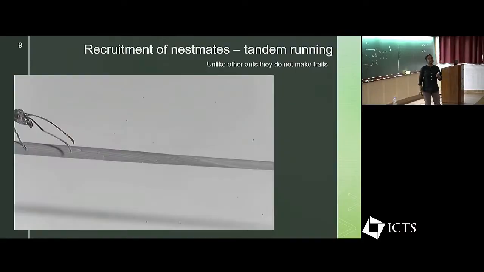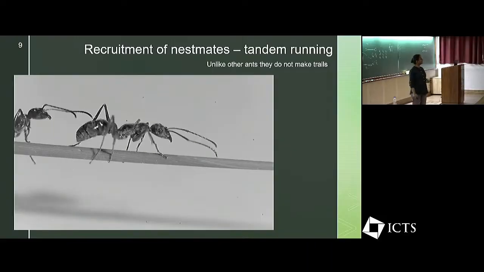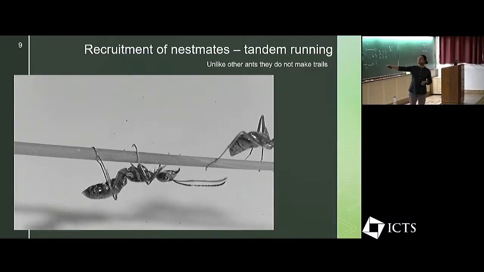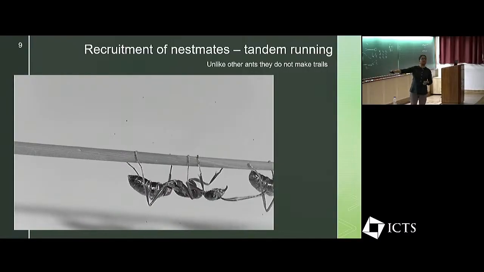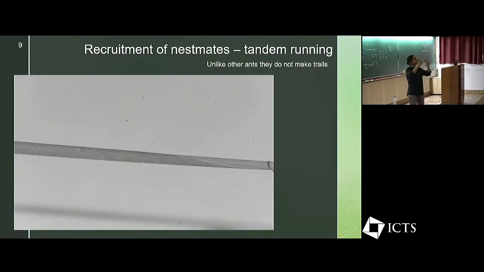So this species of ant is of interest to us because this species is incapable of making trails. Most ants, like you would imagine, would make a trail to the food that you give them. But this species of ant cannot make a trail, and they will recruit their nestmates only when they're relocating. And the process of recruitment is by a behavior called tandem running. This individual here is a tandem leader. She knows the location of the new nest, and she will take this individual, a follower, in physical contact from the old nest to the new nest.